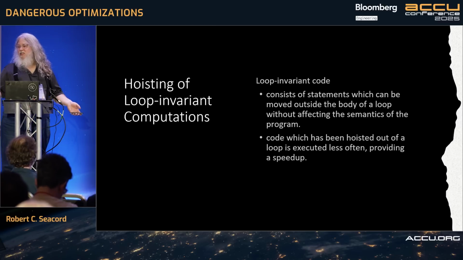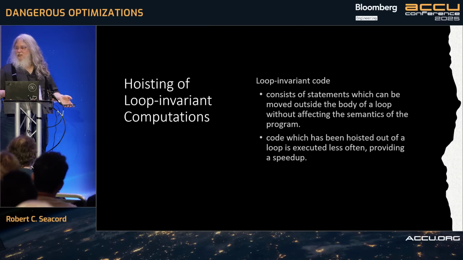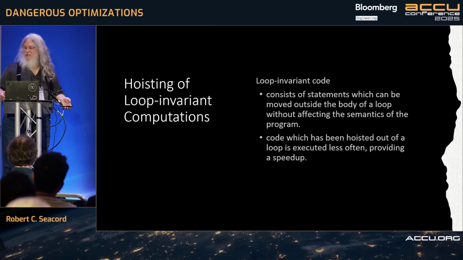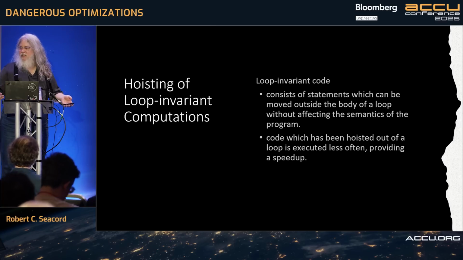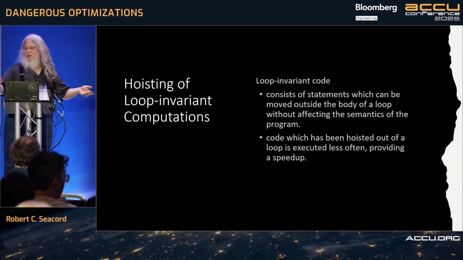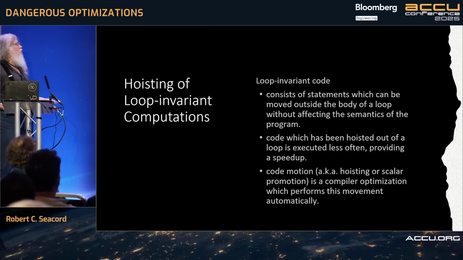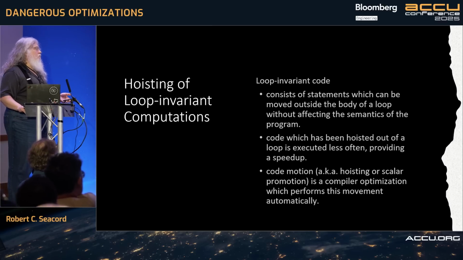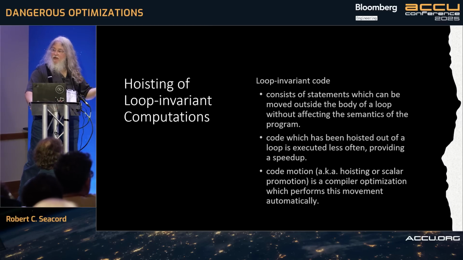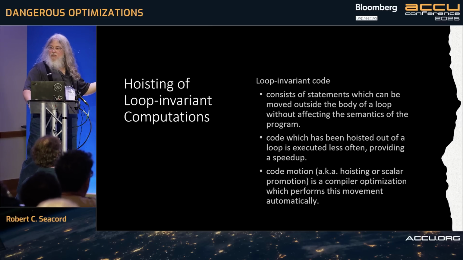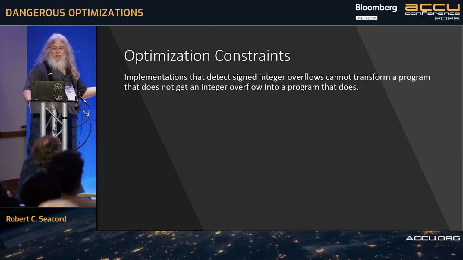So the thing about optimizations is they usually speed up the code. Sometimes they slow down the code, right? So it's a kind of statistical thing. You have to guess what your data set is and whether this optimization will help, but they'll take a guess. And usually moving code outside of a loop should speed up your execution. You're assuming the loop is executed at least twice, which it probably is. This is also called code motion or hoisting or scalar promotion, which is a compiler optimization that identifies this loop invariant code and automatically moves it outside the loop where it's only executed once.